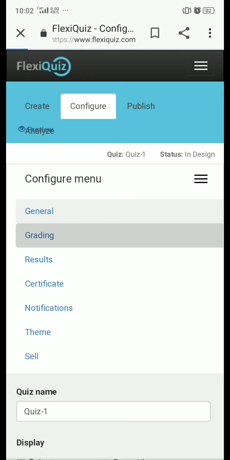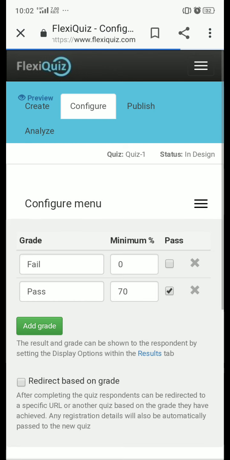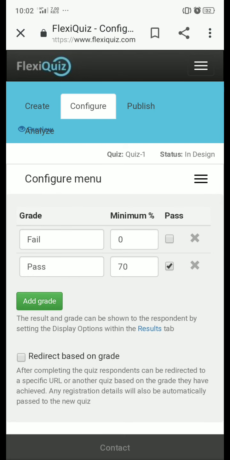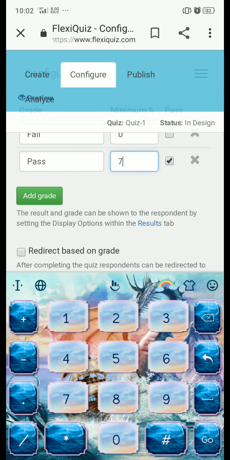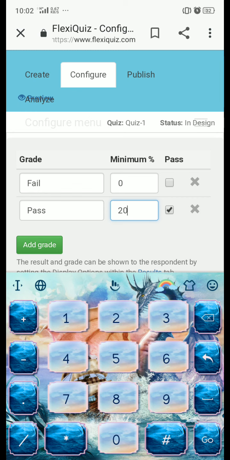Now we will do the grading. For this I want to give grade, means as per my wish I will give 20 points, means if any user gets 20 points, then he will be considered as pass.